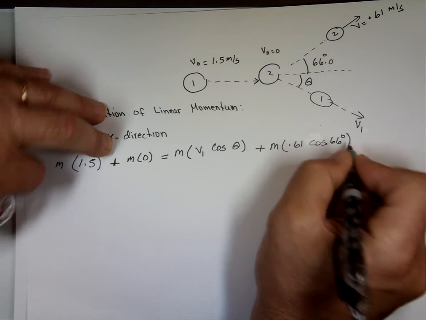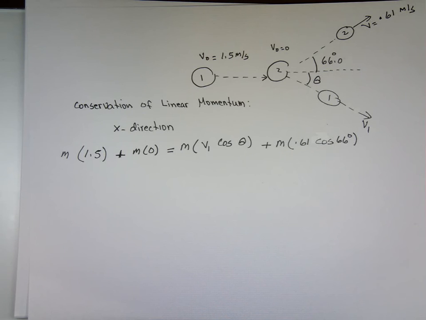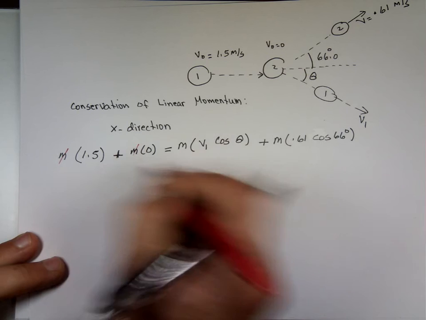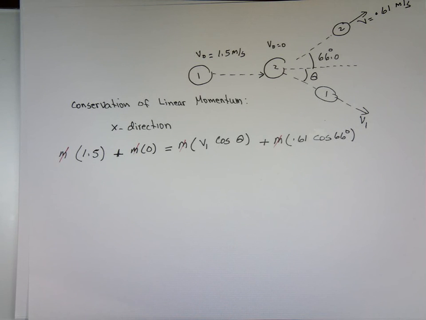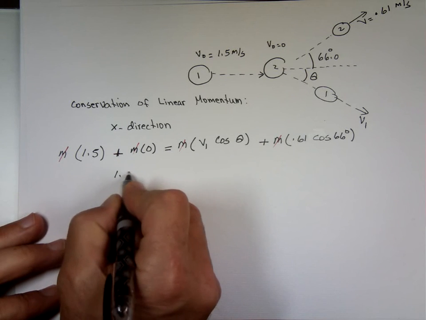That's in the x direction. The good news is every term has m in it, so I can divide each one by m. I have 1.5 equals v1 cosine theta